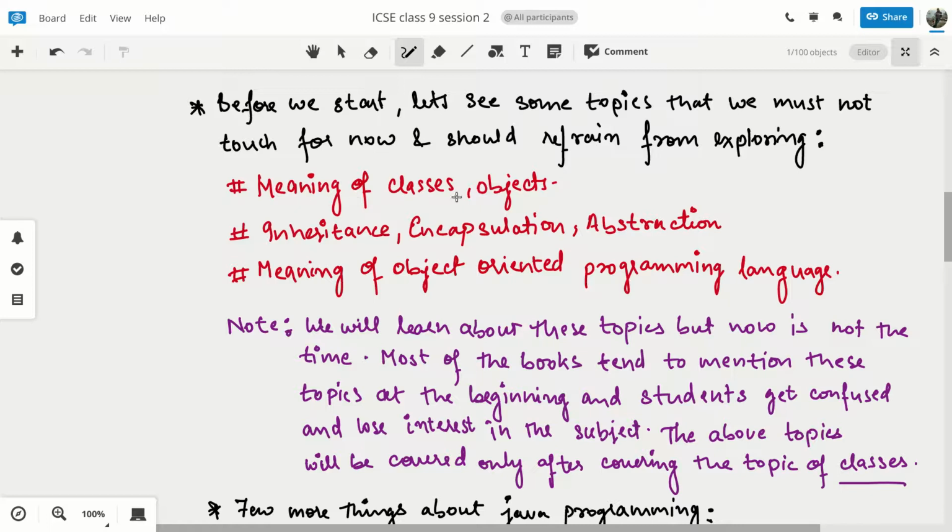Meaning of classes, objects, inheritance, encapsulation, abstraction, meaning of object oriented programming language. These things you are not going to dive into, and you are not going to explore anywhere, neither on YouTube nor on Google or through Wikipedia, anywhere. It is going to confuse you like anything. Okay, so please avoid